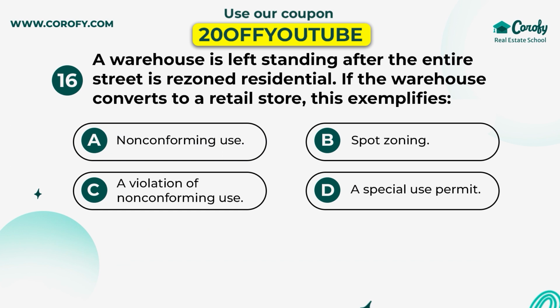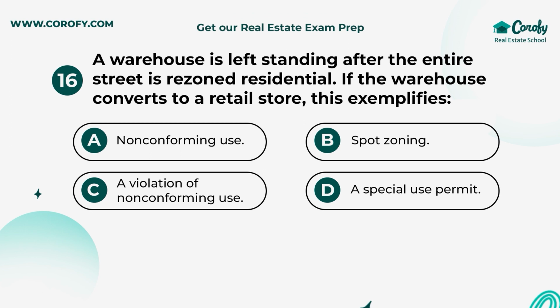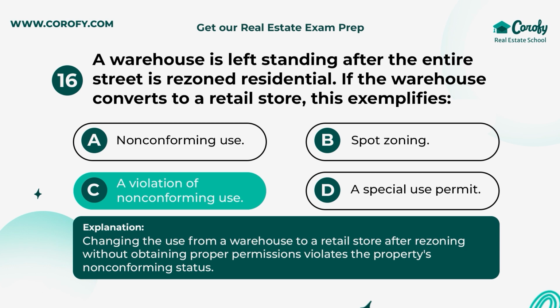Question 16. A warehouse is left standing after the entire street is rezoned residential. If the warehouse converts to a retail store, this exemplifies A. Non-conforming use, B. Spot zoning, C. A violation of non-conforming use, D. A special use permit. The correct answer is C. A violation of non-conforming use. Changing the use from a warehouse to a retail store after rezoning without obtaining proper permissions violates the property's non-conforming